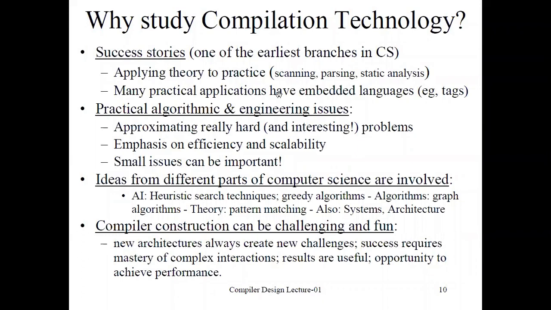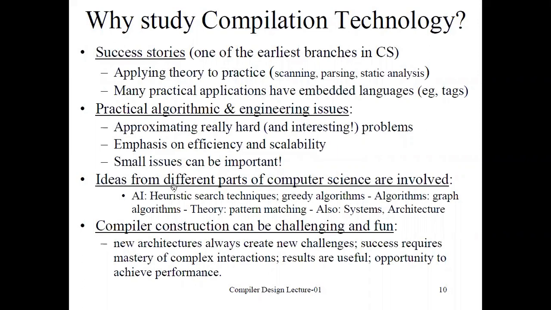Many practical applications have embedded languages, for example, tags. Then practical algorithmic and engineering issues, that is the second impact: approximating really hard and interesting problems, with emphasis on efficiency and scalability, where small issues can be important.